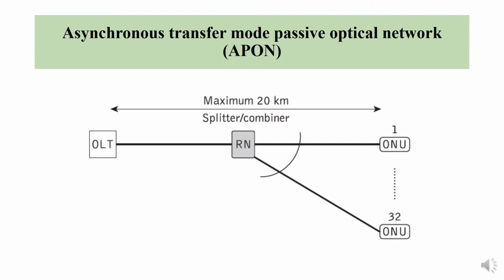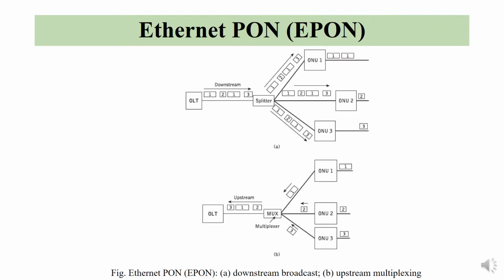This can be accomplished using Ethernet PONs or EPONs. This figure shows the data transmission which may occur in variable length packets in EPON. Each packet contains information on the destination. Therefore, all the packets arrive in sequential order, enabling a complete message to be constructed between the OLT and the splitter. So 1, 2, 1, 3.